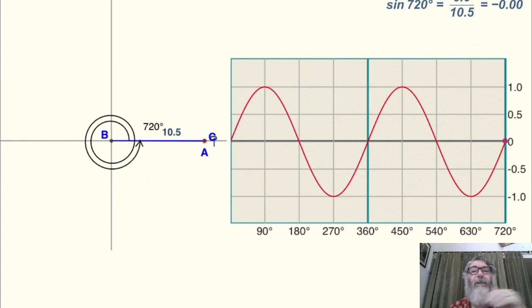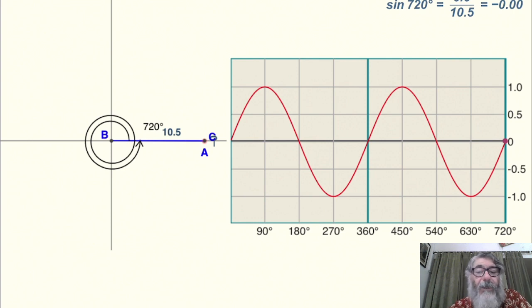Any value greater than +1 or less than -1 for sine theta is not acceptable. If somebody says sine theta is equal to 2, that is not possible. If somebody says sine theta is minus 1.5, that is not acceptable, because the value along the y-axis is the range, and range is -1 to +1. For sine theta, period is 2 pi. These are the things which you must remember.